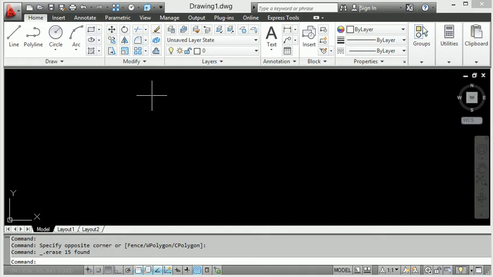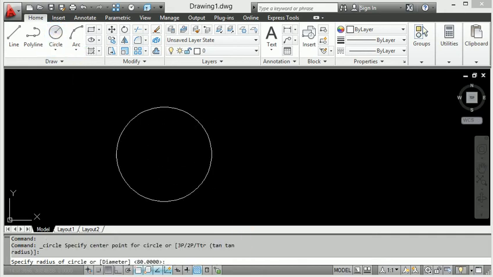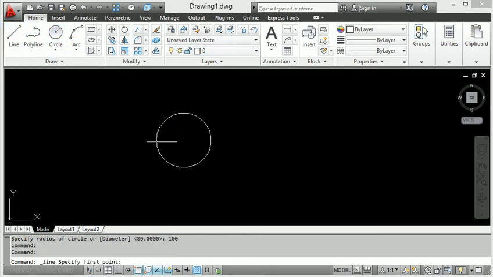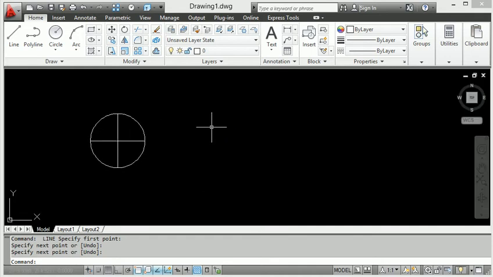So guys, now this is the AutoCAD background, and before, I made this circle here, and we provided the radius 100. So this makes the circle, right? Okay, we clicked the line and joined to the center line, and again joined to the center line. So this one is the circle here.